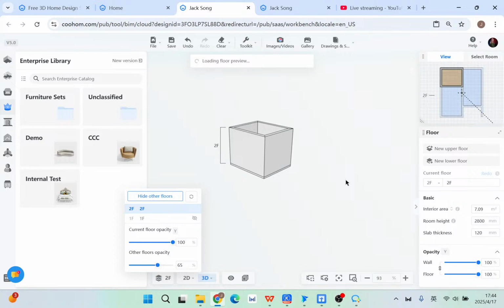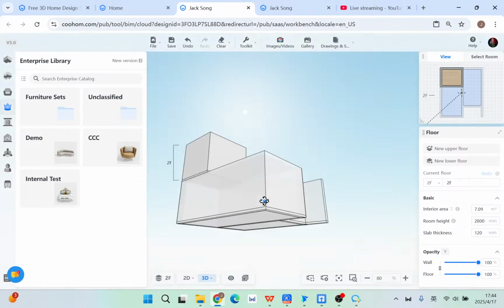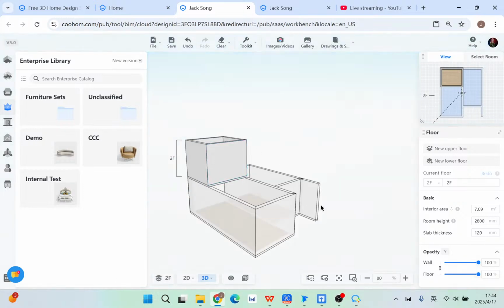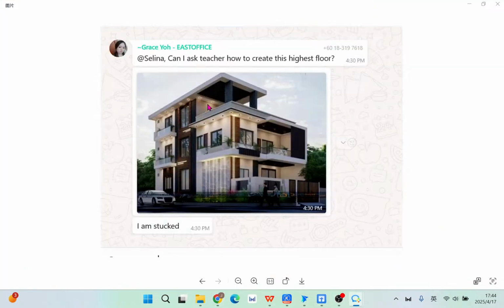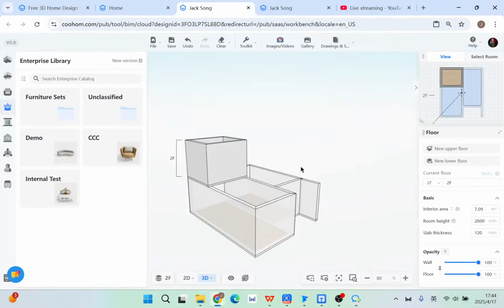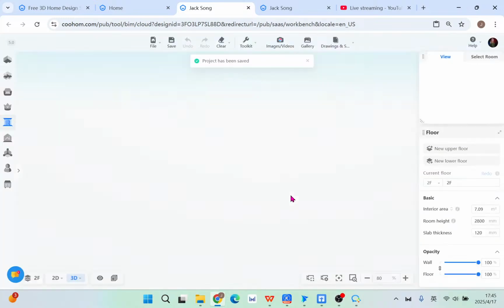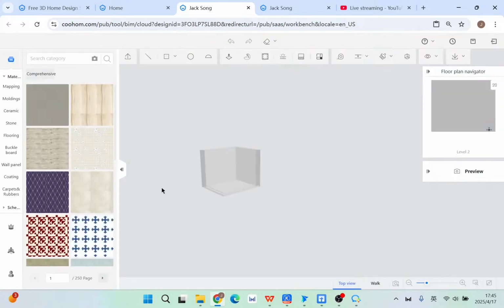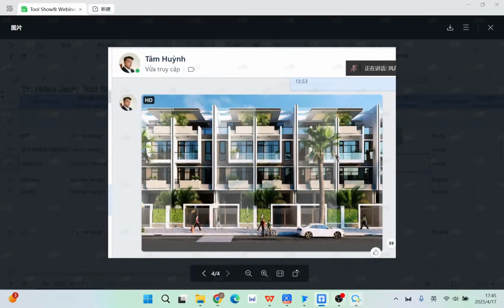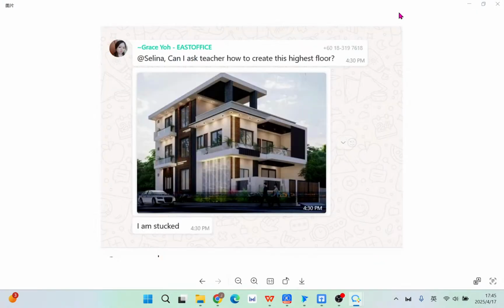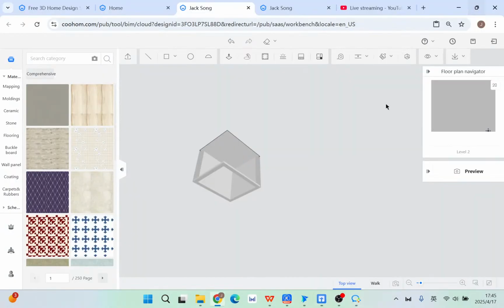show all floors. So see, the basic construction shows like this. And then what you need to do is just material and component. Still stay in level 3, the highest level. And then use the rectangle. First, of course, draw out the very basic ceiling, and then